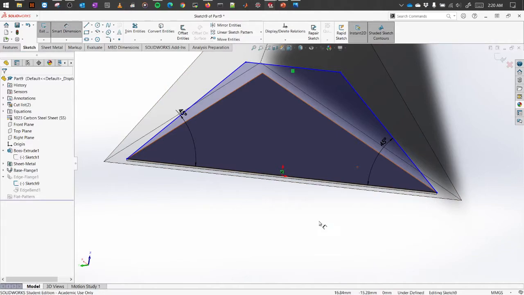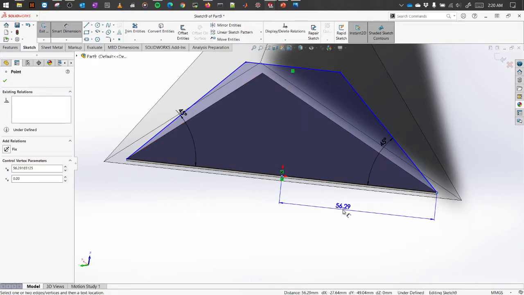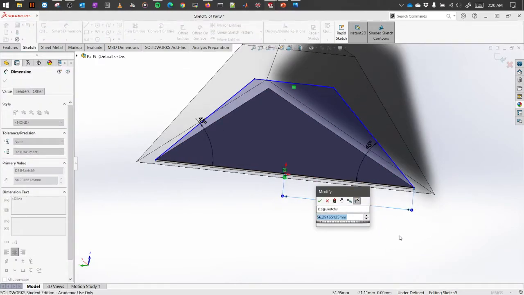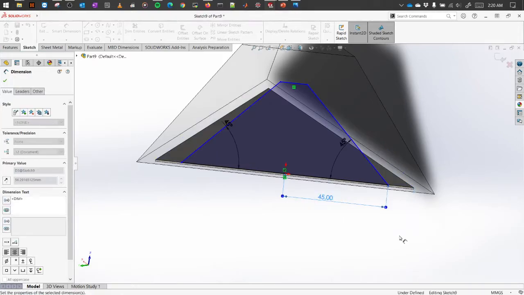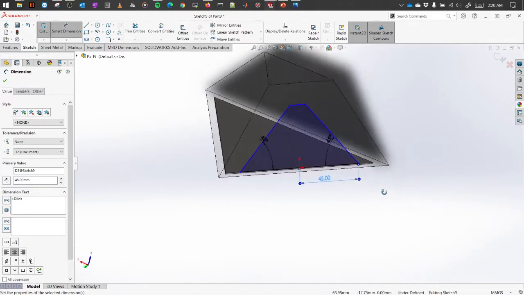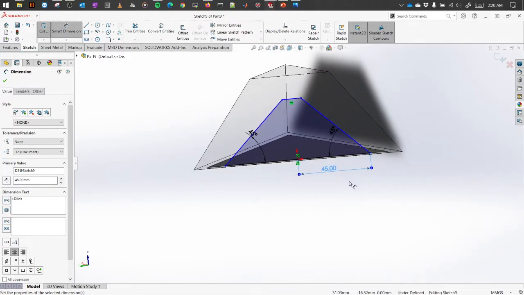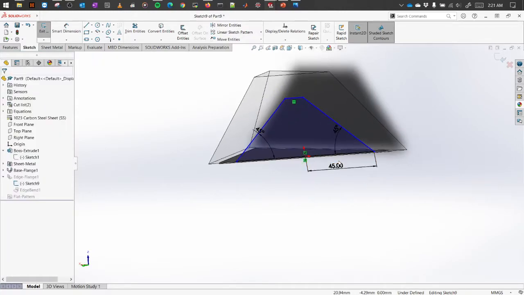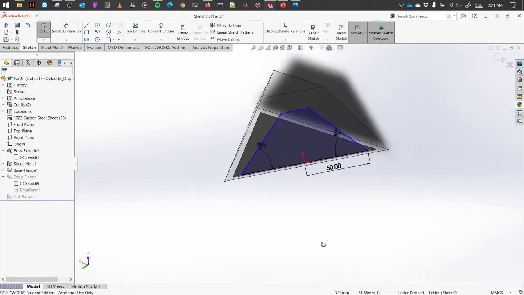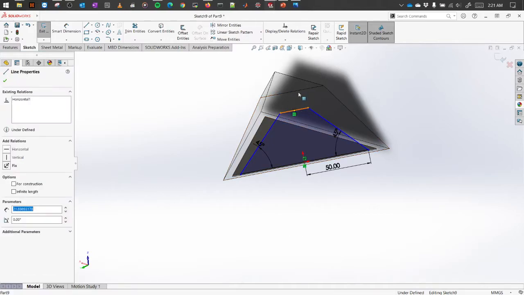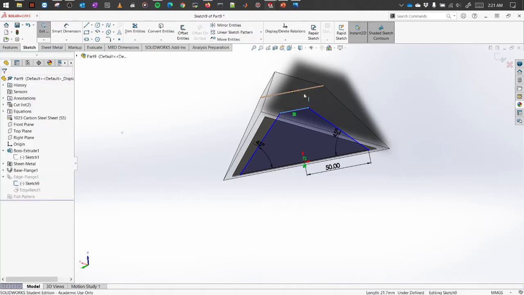Now let's take the smart dimension, select this center position here to this corner. Let's say we want to change the length to 45. Okay, looks good. Okay, let's make it a little longer. 50 should be fine. Yeah, 50 looks good. Cool enough. Okay, the next thing we want to do is select this edge, hold the control button, select this edge, and